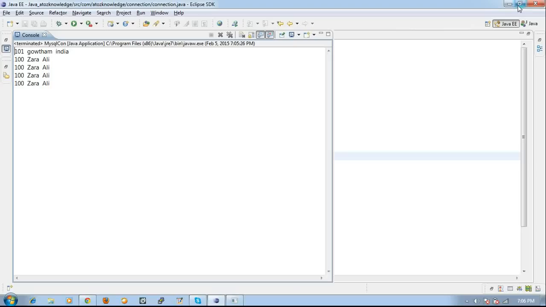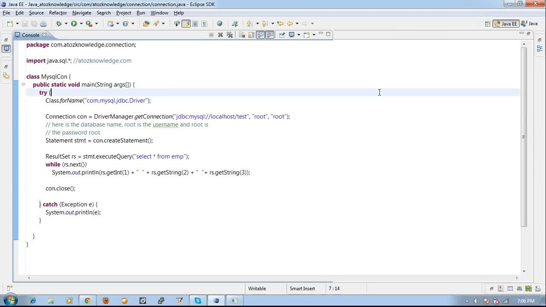But now the concept is that I'm going to create a web UI for this. If I want to create a web UI, what do I have to do in Java? If you want to create a web application in Java, it is possible through JSP. I gave an introduction to JSP in my previous video, and how to install JSP in Eclipse. If you want to execute a web application, you need a server, and I have explained what a server is and how to install a server in my previous video. The basic examples of JSP are also there.